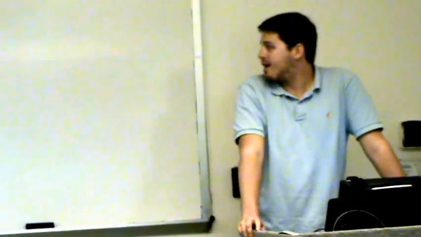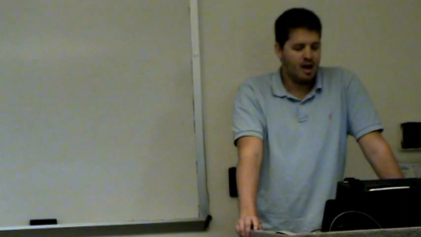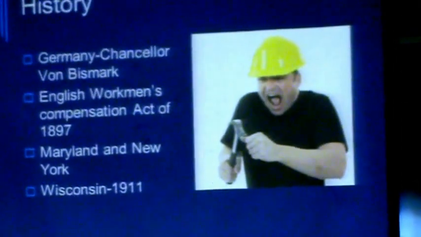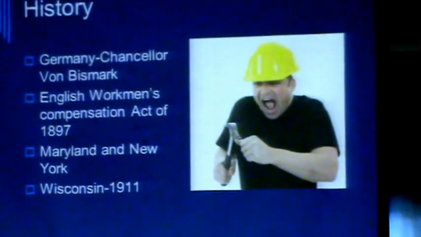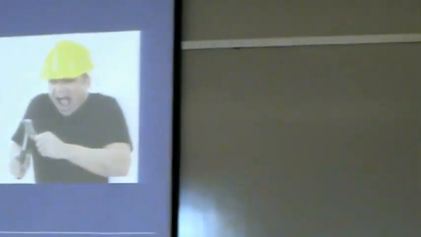In New York and Maryland, before 1911, they tried to enact multiple workers' compensation laws, and they all failed because it took out litigation. They felt that it was unconstitutional because it limited due process of the law. In Wisconsin in 1911, the first workers' compensation act was enacted, and in Wisconsin it guaranteed injury compensation as a legal right for all workers, which is pretty revolutionary.